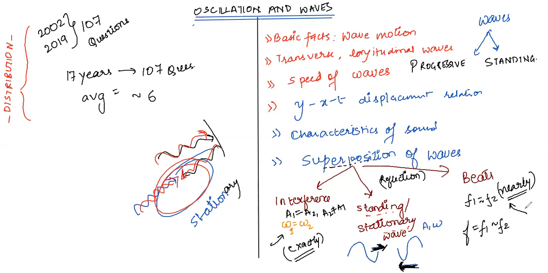Right? And at the end of this chapter, there is one more topic which comes, and that topic is the Doppler effect. Very easy, very simple questions are there from this chapter which appear in your exams, and make sure that you easily score the entire marks for this chapter. Right? Class, I'll repeat again. Point 1, basic facts. Point 2, transverse and longitudinal waves. Point 3, speed of the waves. Point 4, different kinds of waves, progressive waves and standing waves. Next point.